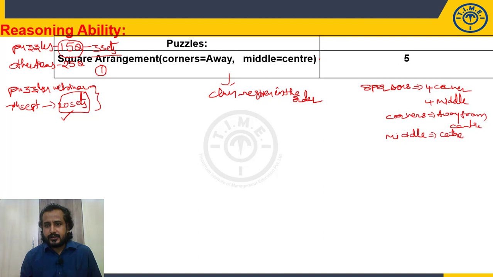And with the initial data, it is leading to 2 possibilities. After reading 1 or 2 statements, one of the possibilities is eliminated, the remaining one is the final arrangement, and it is a very easy and doable question. Now, these 5 questions, level of difficulty rated easy. And out of these 5 questions,